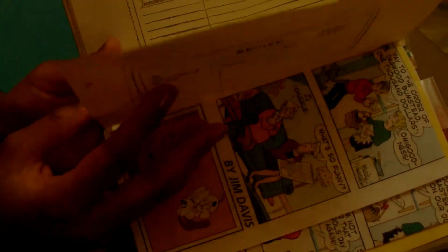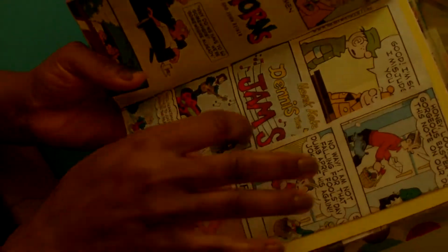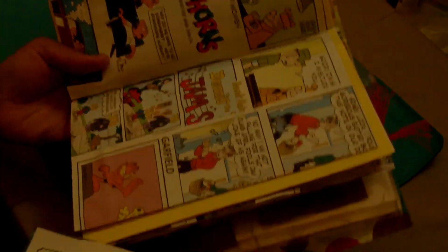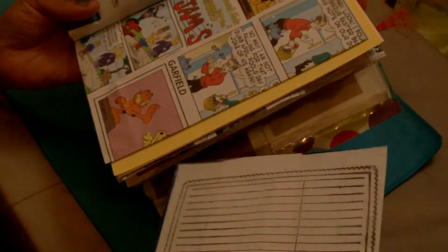And this is the divider. Here is some more comics, and I made a little pocket there. Trying to see where this fell out at. Yeah, I don't think that was there. Okay, then the divider. This is a long video, I'm sorry, but I wanted to show you what I've done